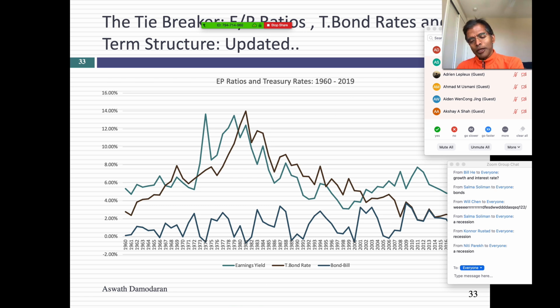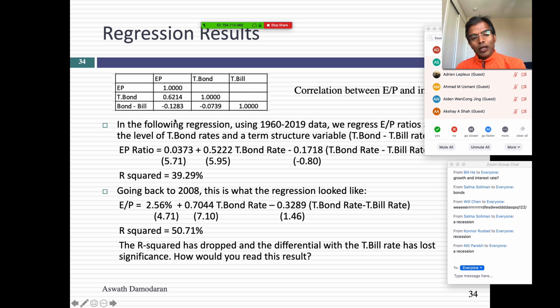You're saying, why should it affect PE ratios? What happens to growth during a recession? It decreases, right? So what you get here is when you have a downward sloping yield curve, your growth is going to come down. If your growth comes down, your price earnings ratio would reflect it. So you're seeing an intuitive connection here. As T-bond rates go up, earnings to price ratios will go up.